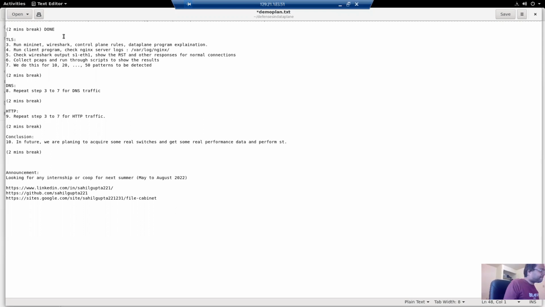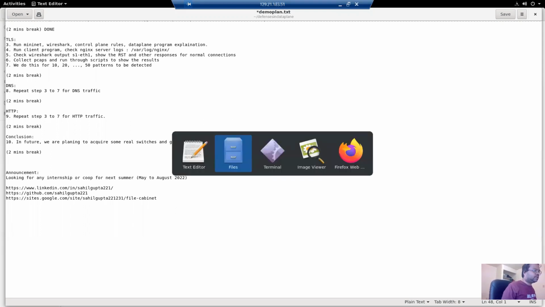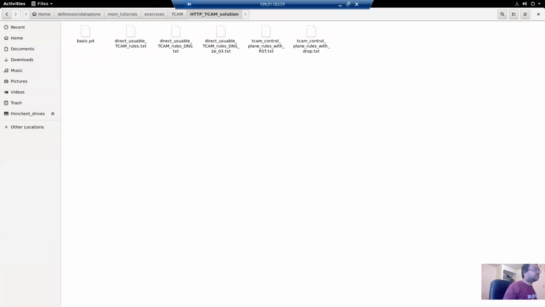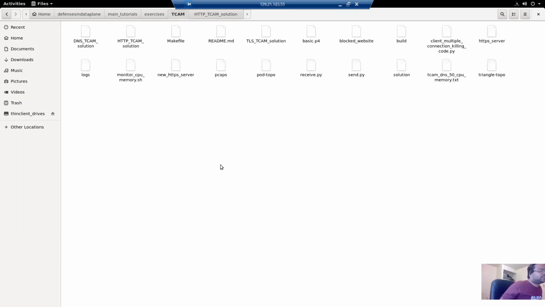Okay, guys. So first, I'll show you my TLS experiment. For that, I enter into my folder. I named it TCAM, basically the kind of solution or kind of memory we are using to put our solution.